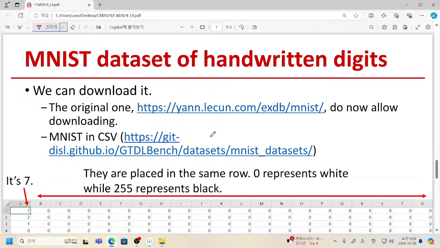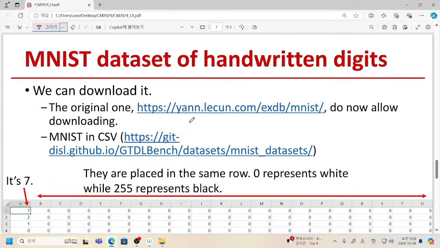But the philosophy of our course, computational microanalysis, is not relying on using libraries. What we want to do is reinvent the wheel again and again,